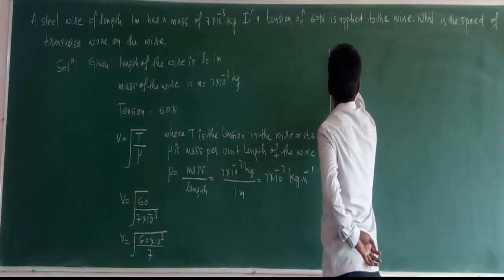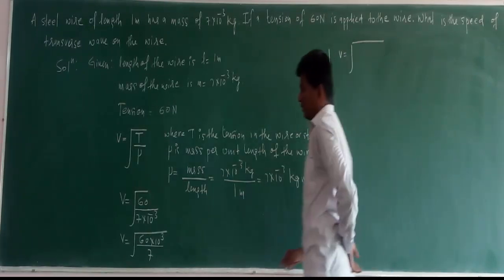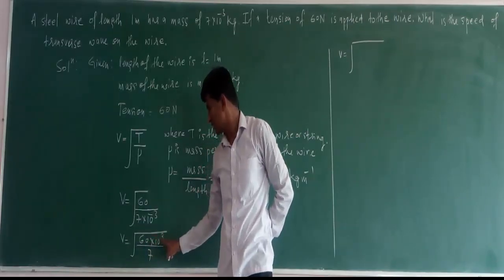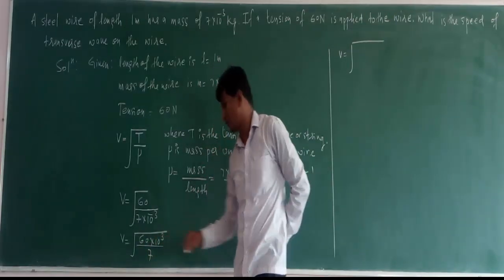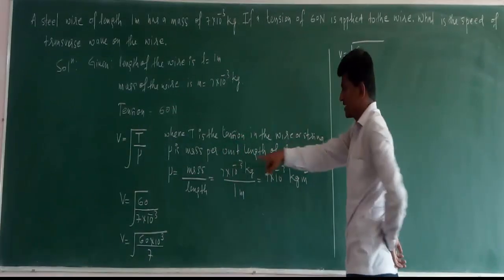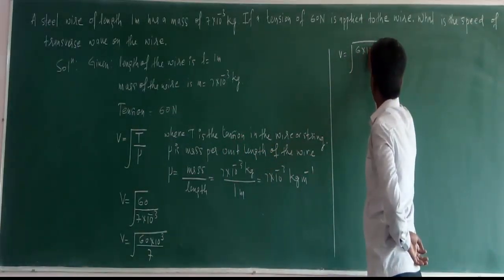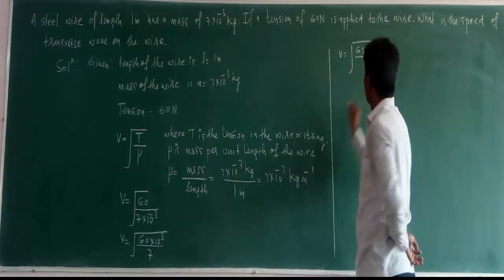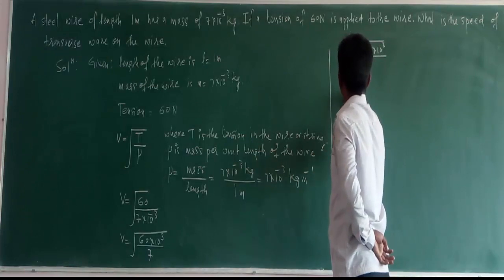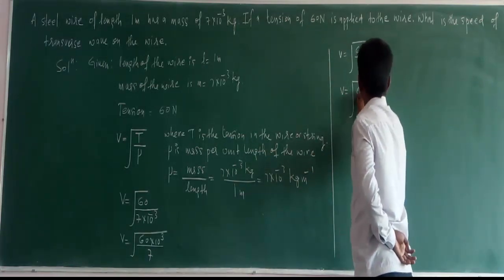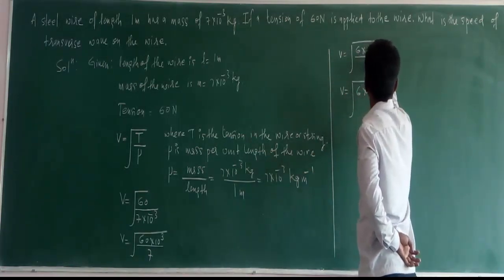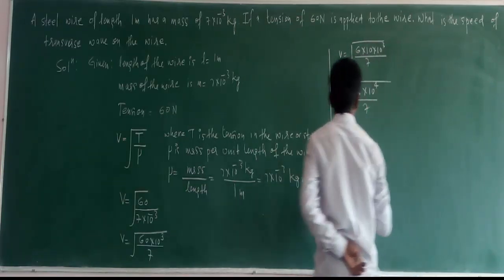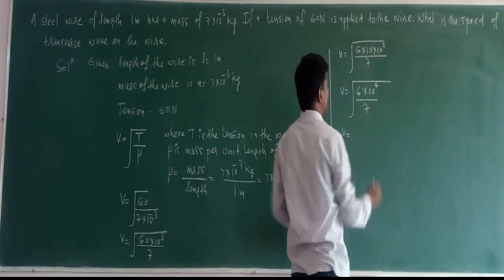Then V is equal to, you can write it as 6 into 10. So then this 10 raised to 3 becomes 10 raised to 4. 60 can be written as 6 into 10 into 10 raised to 3. Hold here 7. Then V is equal to 6 into 10 raised to 1 plus 3, which becomes 10 raised to 4, by 7. Then V is equal to 10 raised to 4.